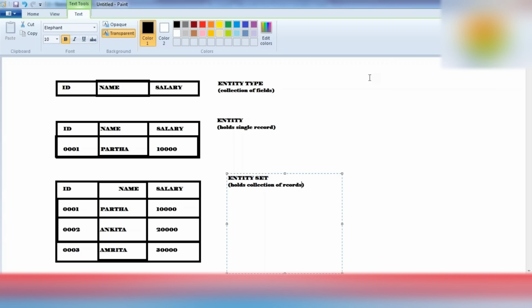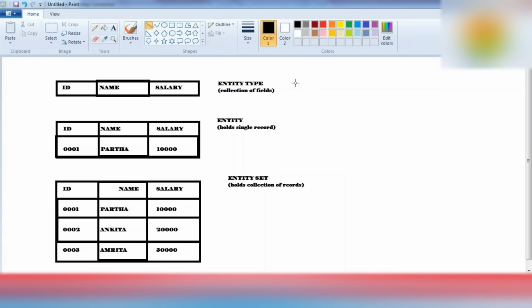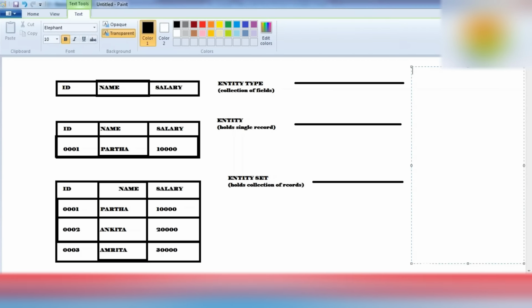If you compare now with ABAP, once again, sorry: entity type is nothing but your structure, entity is nothing but your work area, and entity set is nothing but your internal table.